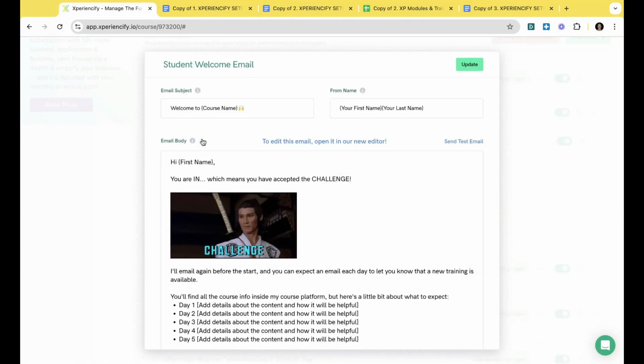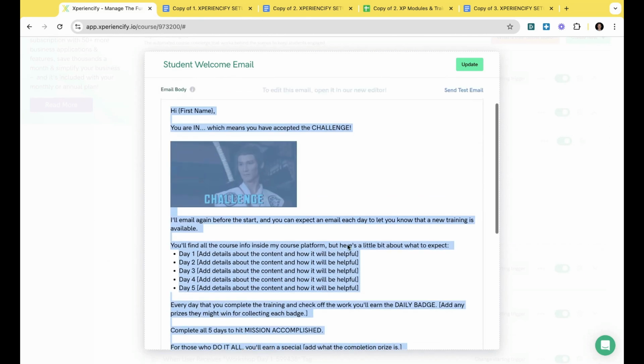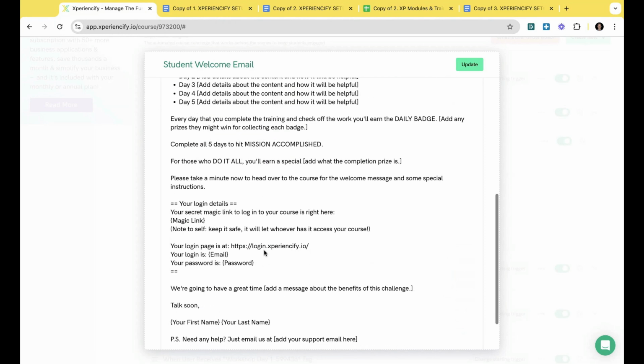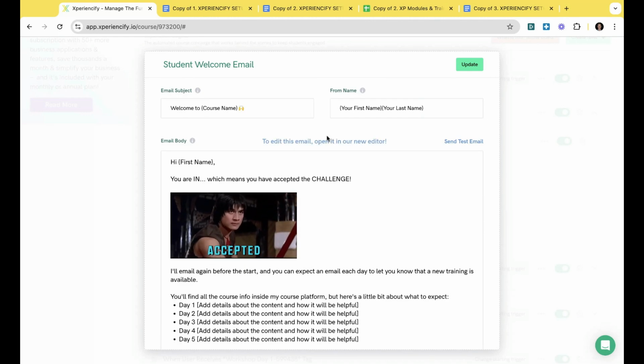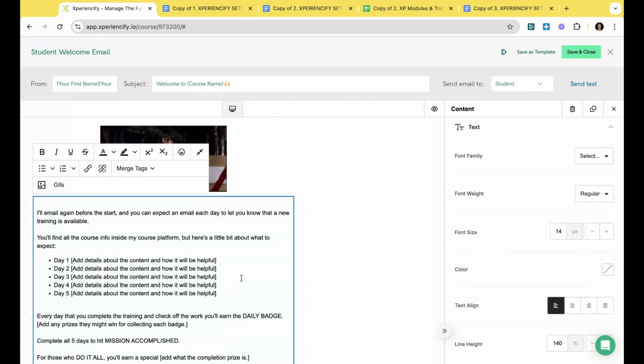If you click on the welcome email, this is where you're going to need to add some details, maybe change that image, and put in the benefits you have for this challenge. You can see this is where they get their magic link and how to log into the system. In order to edit it, you just click on the edit button, and you can change anything.